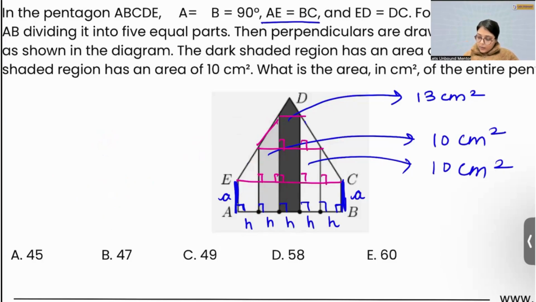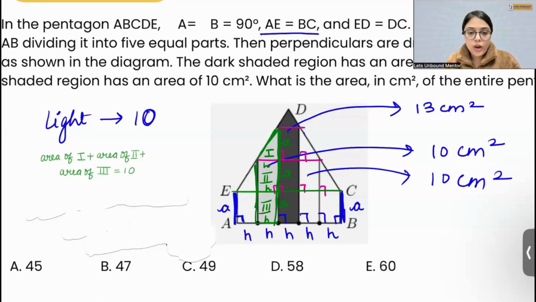So I'm talking about the light gray area. We know it's given to us in the question, it's 10 centimeters square, right? Area of 1, area of 2 and area of 3 will be 10. So you can see the light gray trapezium here is a combination of 3 parts, that is 1, 2, 3, and we have the base, height, length, width for all the parts ready, that is in A and H. So this is how we are going to get the area of 1, that is nothing but area of triangle,